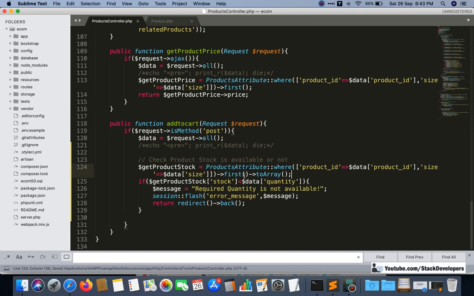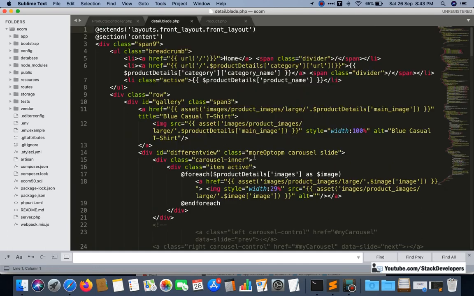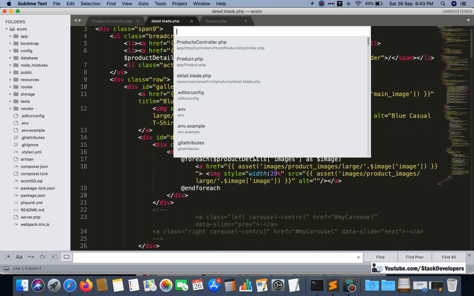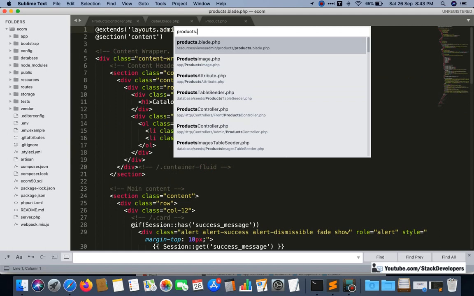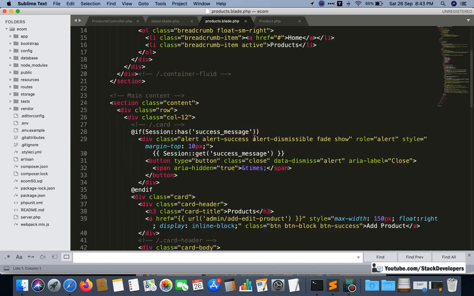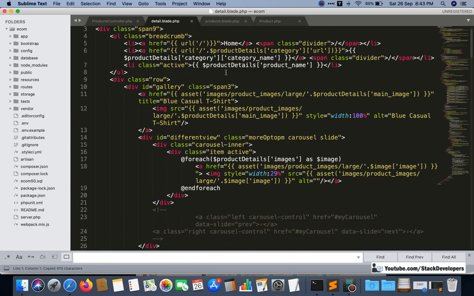Now we will open the detail blade file where we are going to show the error message, and we can copy that from any of the earlier blade file like products blade file that we have used in admin panel as well. See, we can copy such kind of success as well as failure.